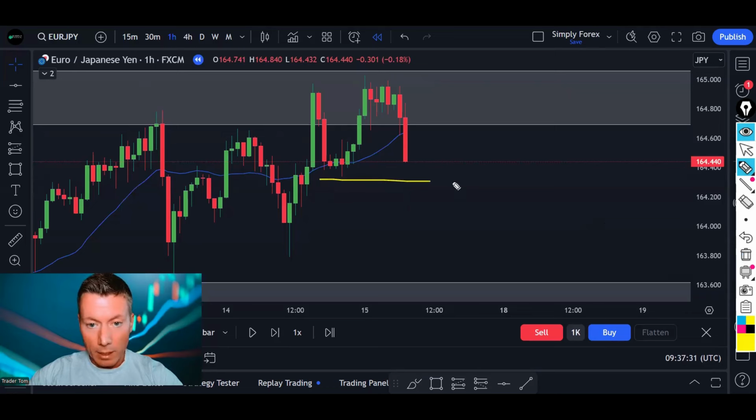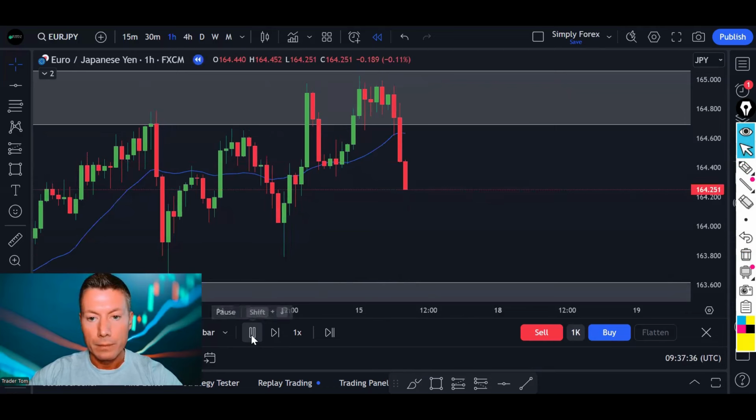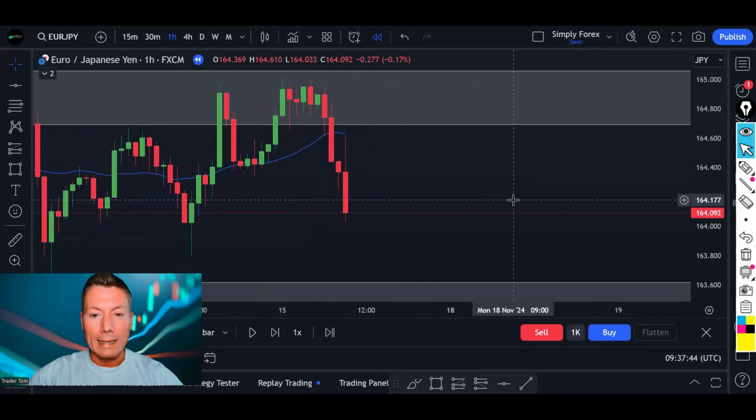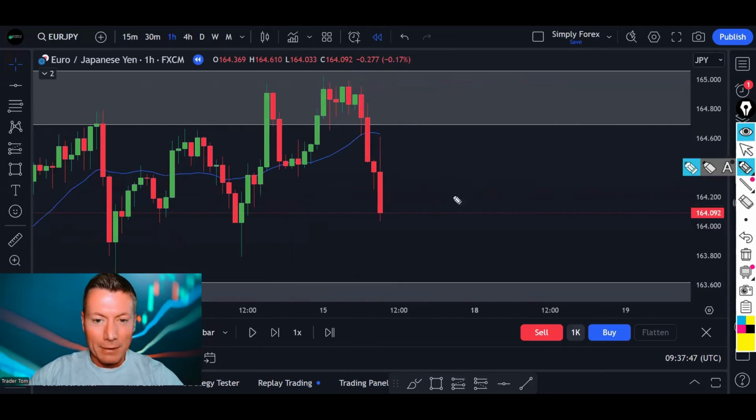So, like I said, I'm only interested if it breaks this level. Right, we don't break this level, spoke too soon. Okay, and then we do break that level, but it just didn't manifest into a trade, right? My target's going to be in here, back down to these lows. I'm not going to start selling here. So, it didn't pan out to be a trade, but that's how I will approach